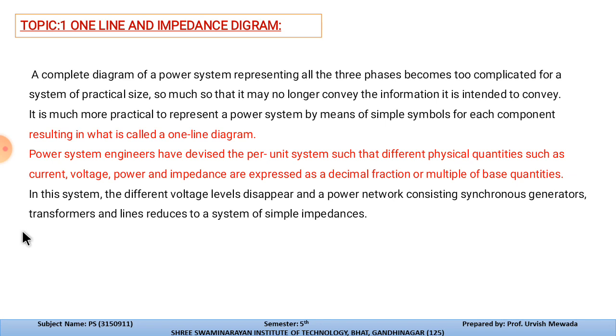And by getting the placement of these impedances and the components which are responsible for the losses in the transmission line, we can compensate the effect of those components during the healthy condition of the power system, and we can maintain the regulation of the power system by compensating the effect of the components which produce the losses in the power system.